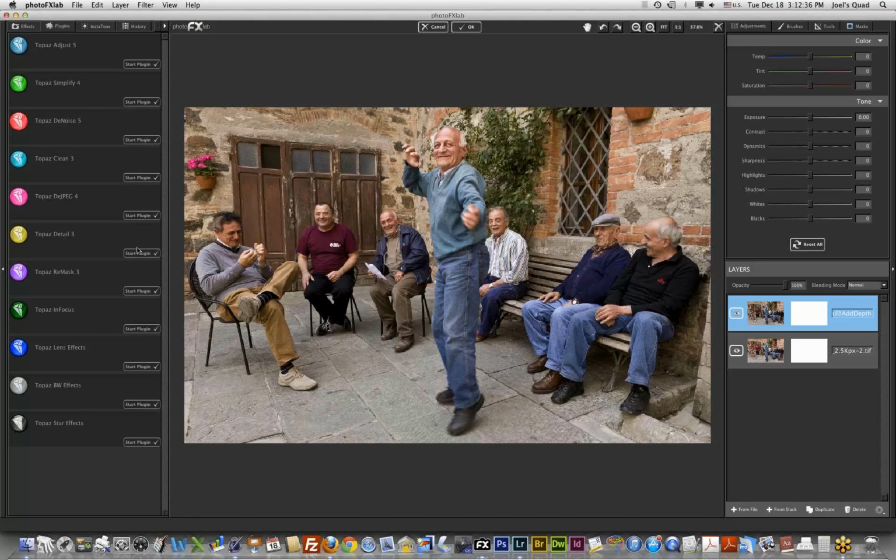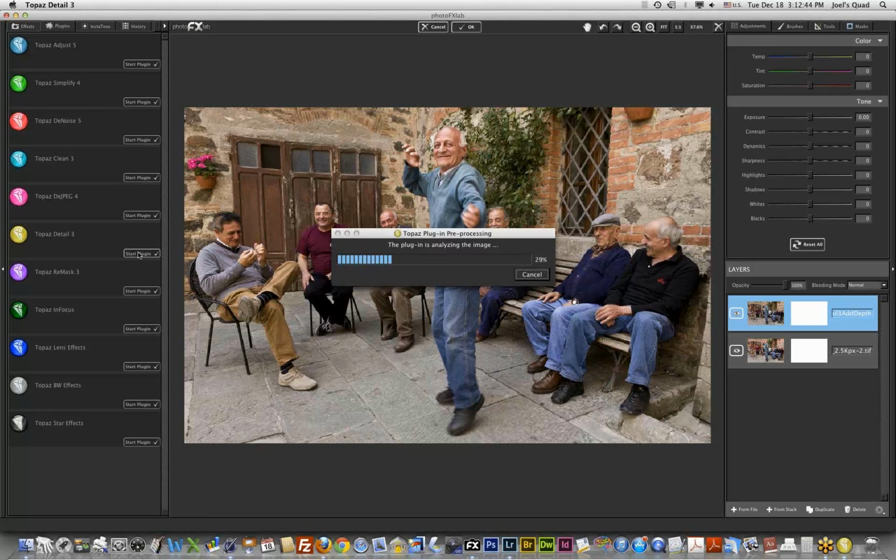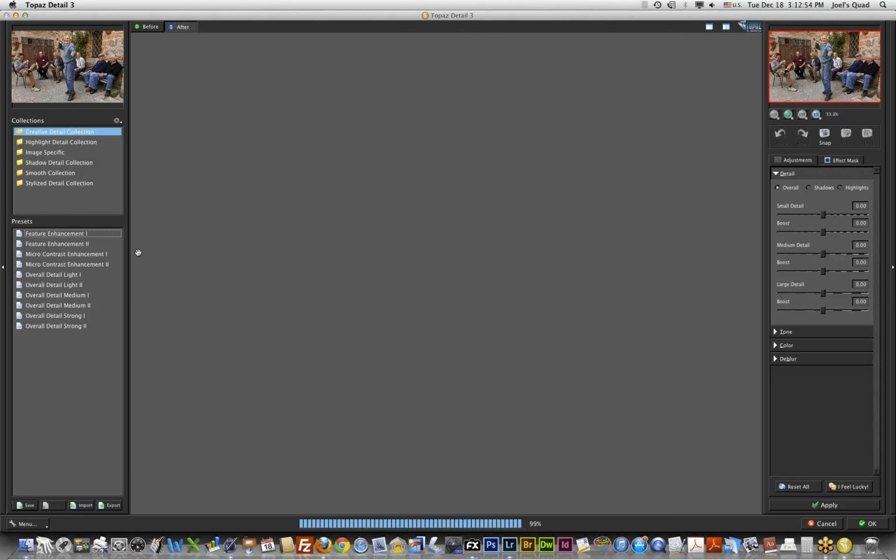And you'll see when I go into Detail 3 how I can do that. Now Detail 3 is the newest version of Detail, which just came out recently. And I'm really excited about this one because I started playing with the presets and found some presets in there that are just great, and it gives me kind of a one-step way to add depth to my images and even do some